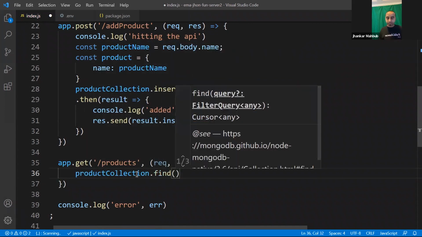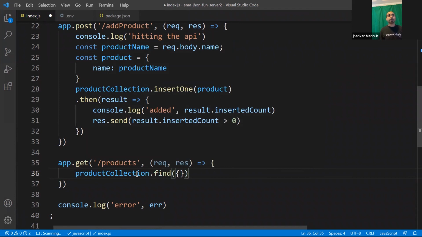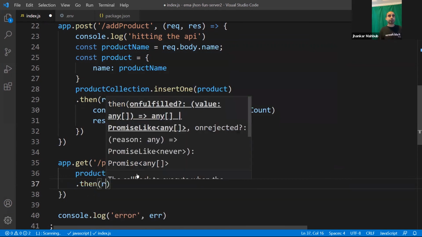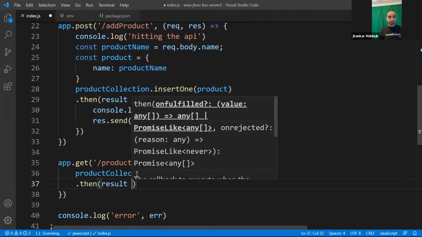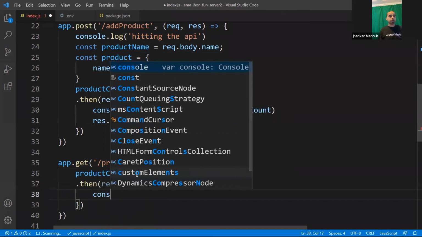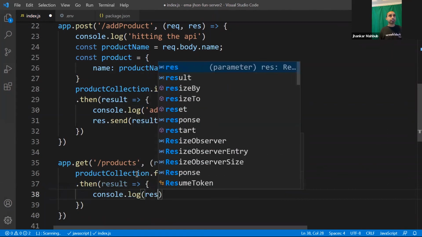If you want to find everything, you do it this way, and then you convert it to an array. Once you convert it to an array, it gives you all the documents or all the results, and this would be the result, and you can do a console log of the result.